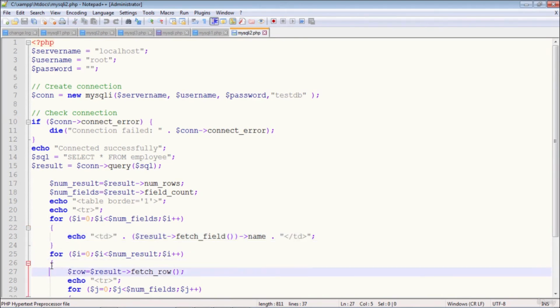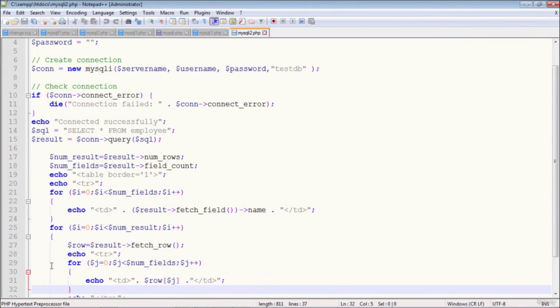And then using these 2 for loops, nested for loops, one outer loop going over from i is equal to 0 to num result. Num result is the number of rows, how many rows are there, and the inner for loop is going over for j is equal to 0 to num fields, how many fields are there. Okay, so using which every time when you access the row of j, what it will give, the content of each row, each column corresponding to each row,